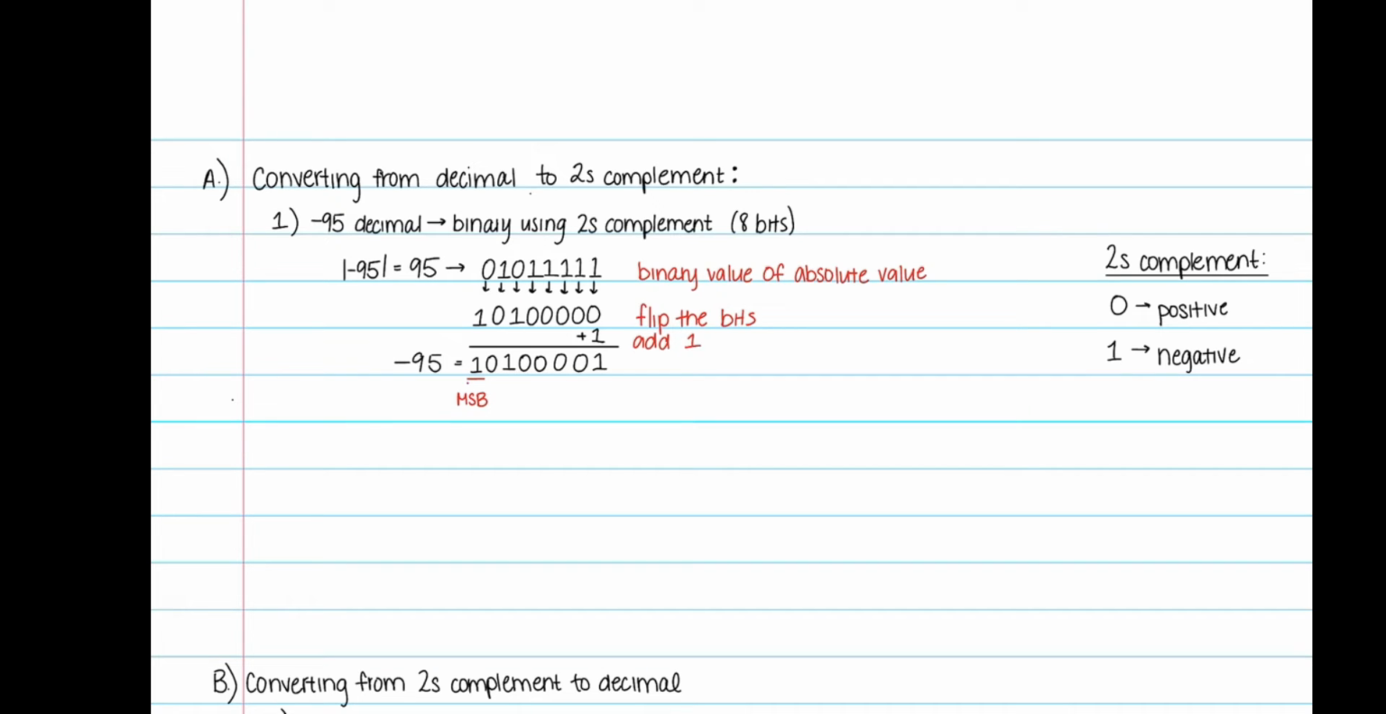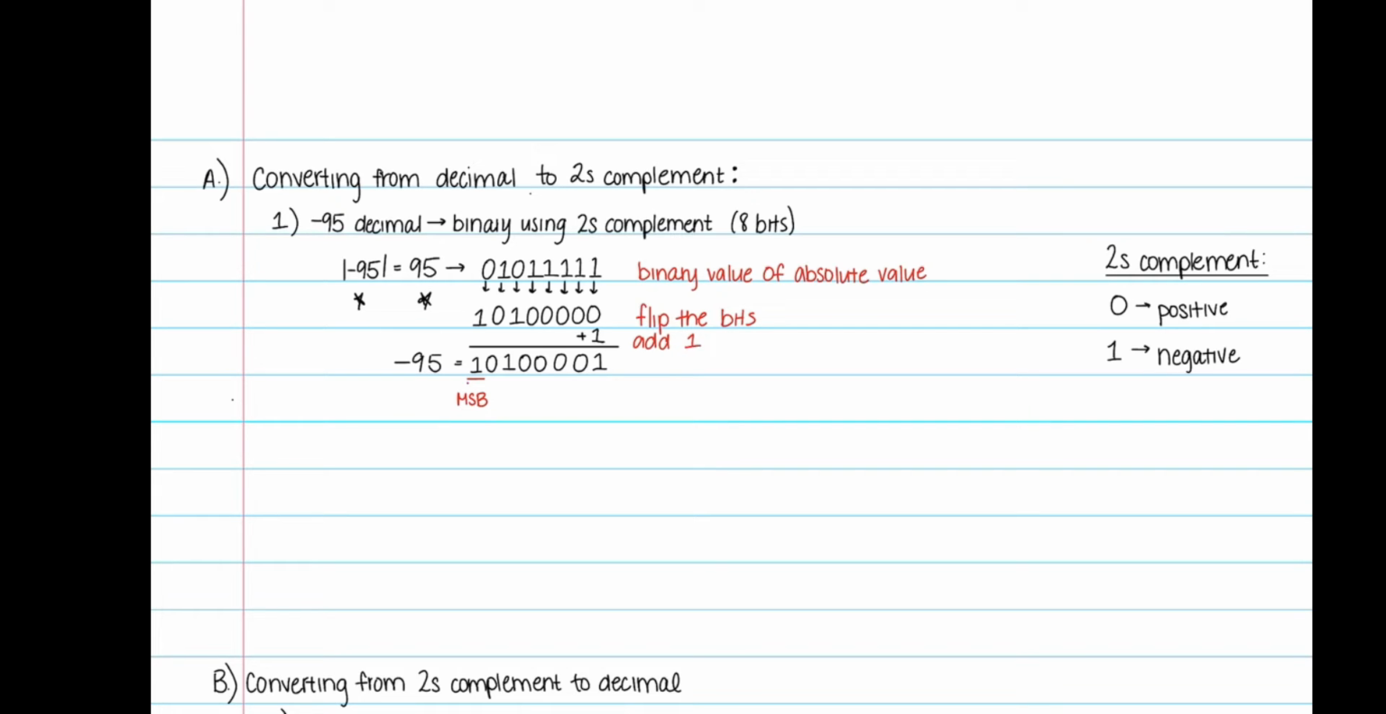The first step is to take the absolute value of the number. In this case, we are taking the absolute value of negative 95, which is 95. The next step is to write out the binary representation of the number. So we have that 95 in decimal can be written as